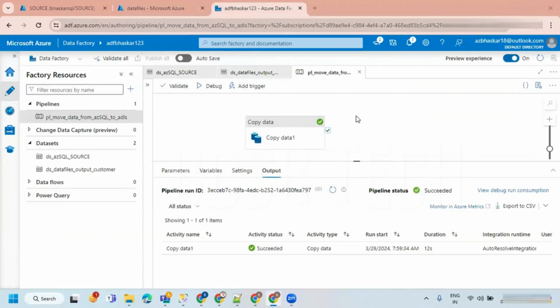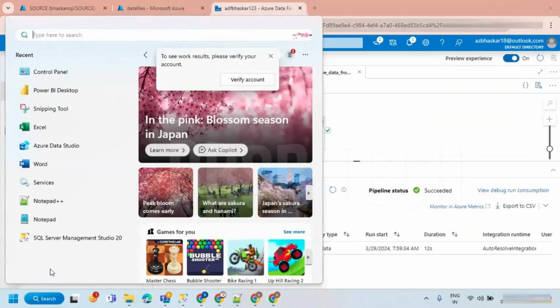Just give me a moment. In my system it was already installed for another batch, so I'm just going to uninstall it. I can reset it, but you have to write a lot of commands, so I don't want to go with that.